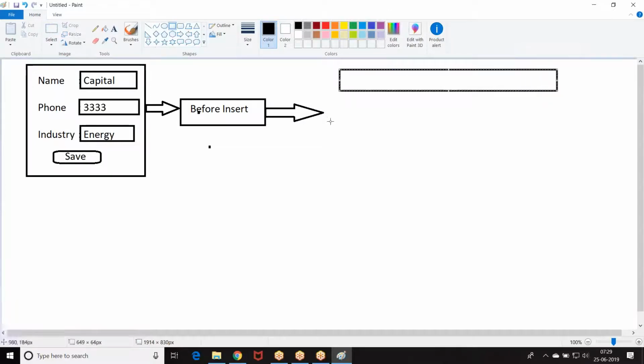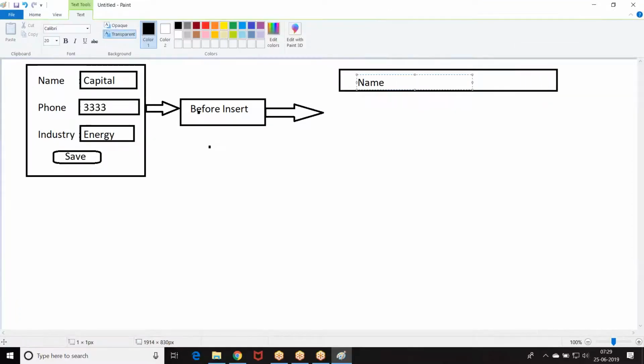Now in the table, we have some data like name, phone, capital.